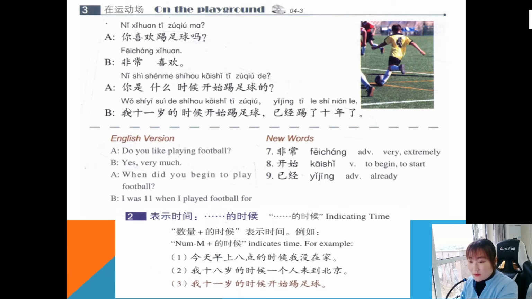This sentence, try to remember and take note. 我11岁的时候开始踢足球 I was 11 when I started playing football. 已经踢了10年了 So it's already 10 years, right? And take note of this one, indicating time 的时候